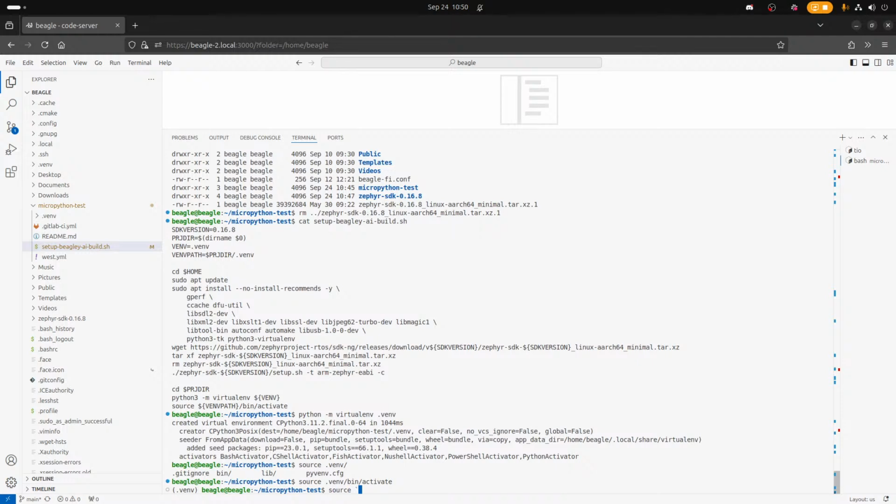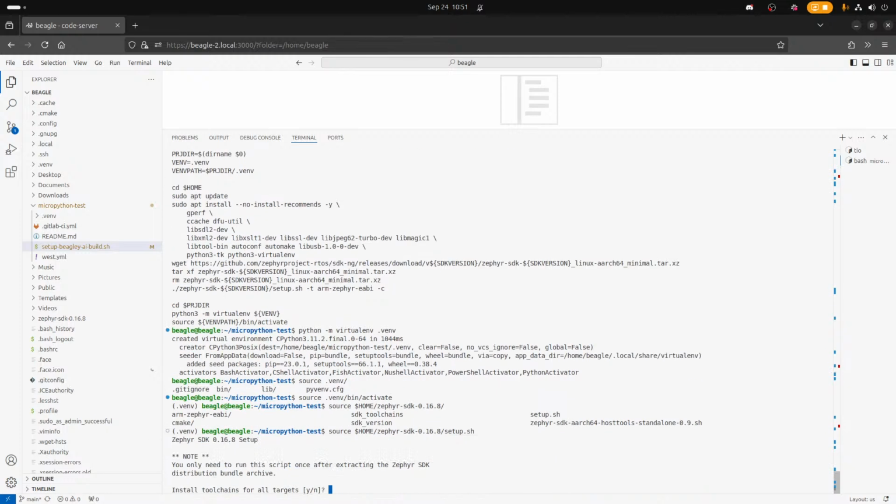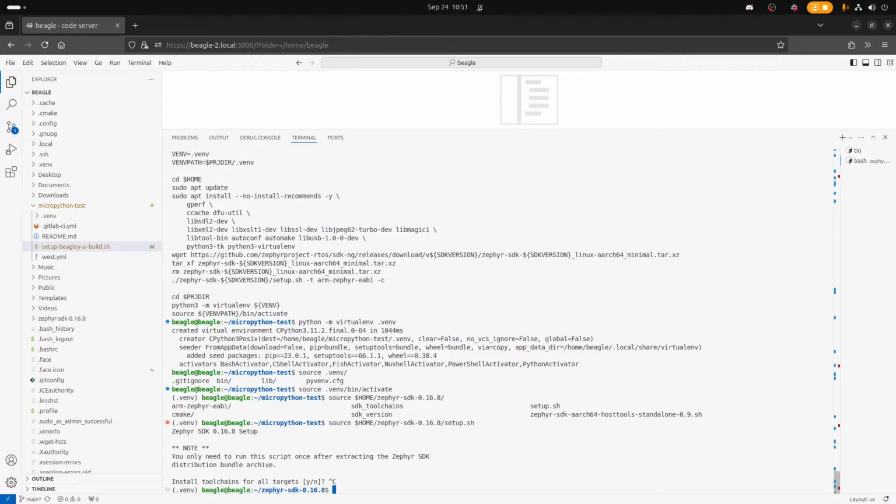Well, I can just source. What's the setup? Oh, I source setup, right? No, that's doing install. Where are the environment variables?